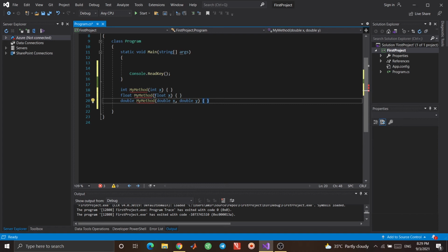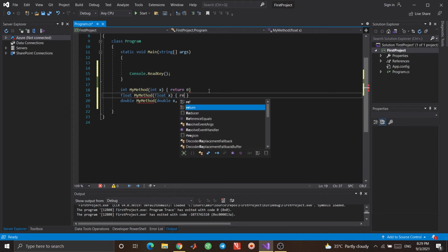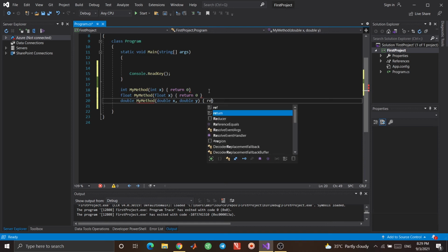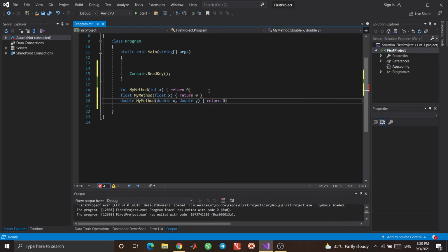Okay, so what is wrong with this? You just need to return something, because to actually release from this error, you just return 0 for now to release from this error. Okay, let me tell you something about the differences between